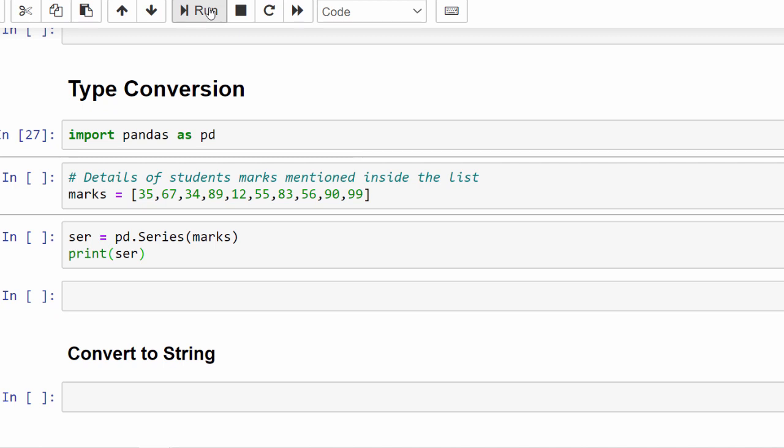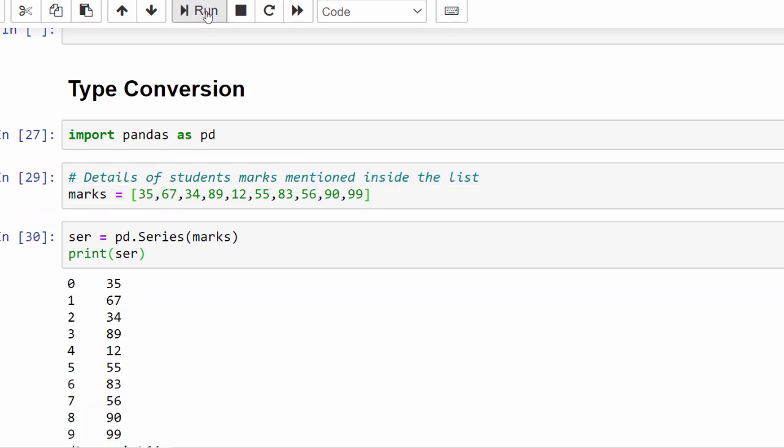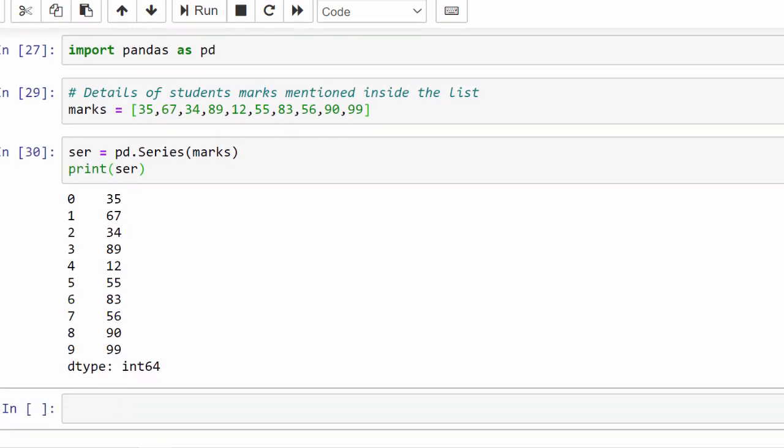First, we have to import the pandas library. So import pandas as pd. Then the same data set. So we have 10 students' marks. After that, I am creating a series using the list, executing it. Now you can see here the series is created based on the list values.